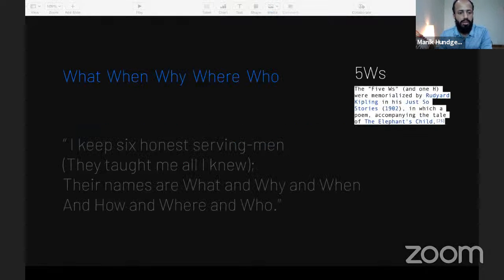So the method that we're going to use is what, why, where, who. And these are the 5 W's of the design process. This is a very popular method. It has been in use since the 16th century, if I'm not wrong. And then people used it in very different ways. They had 6, 7, 8 keywords that they would use to analyze any situation. And this line that you would see from 1902 by Rudyard Kipling, I keep six honest serving men.